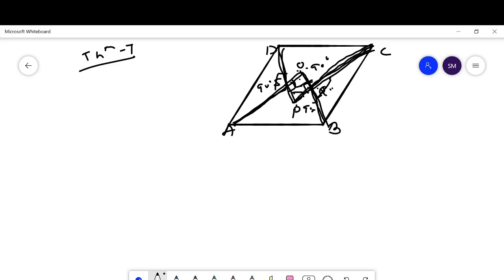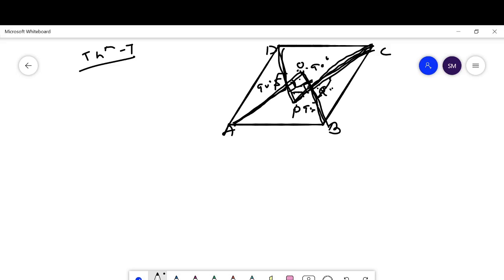PSO angle and PQO angle also measure 90 degrees as they are vertically opposite. And in the quadrilateral PQOS, we get that all these four angles are 90 degrees, all right angles, which means PQOS is a rectangle because it satisfies all the conditions of a rectangle. Here the opposite angles are of the same measure, a right angle. All these four angles are right angles. This means PQOS is a rectangle. Okay.